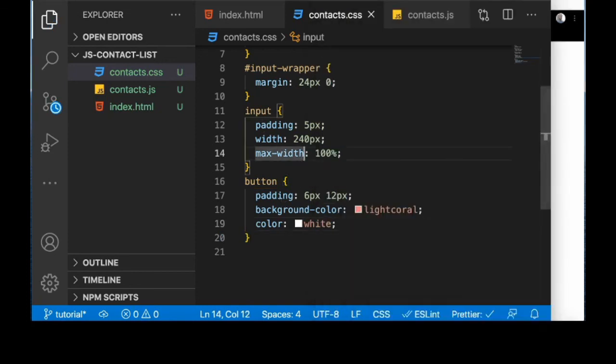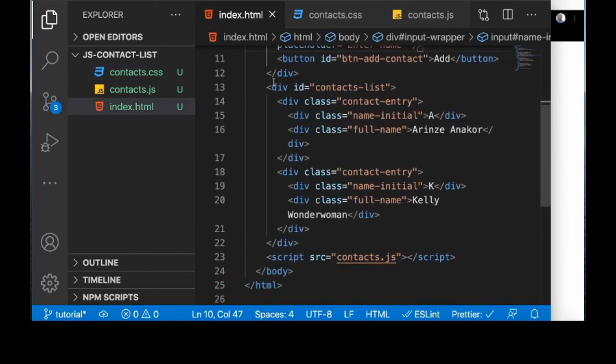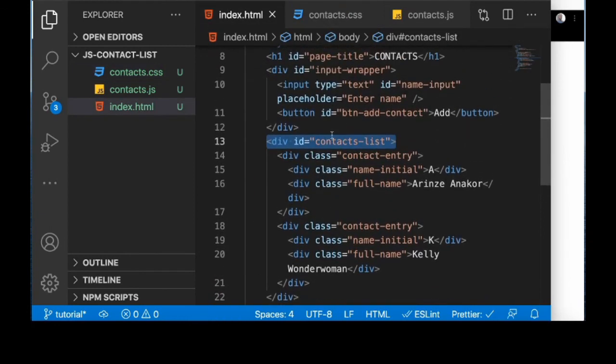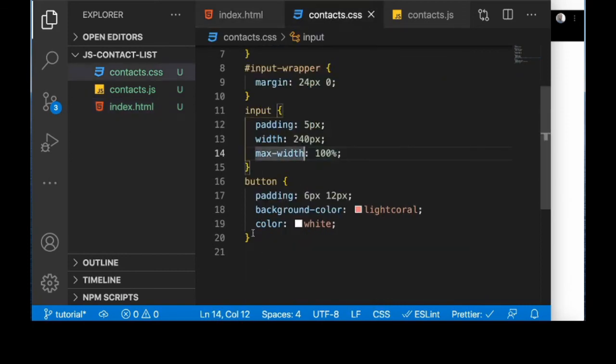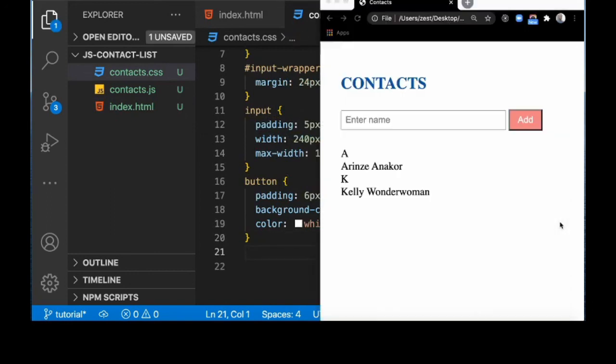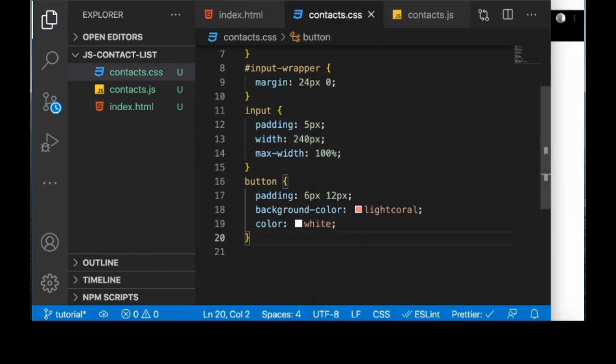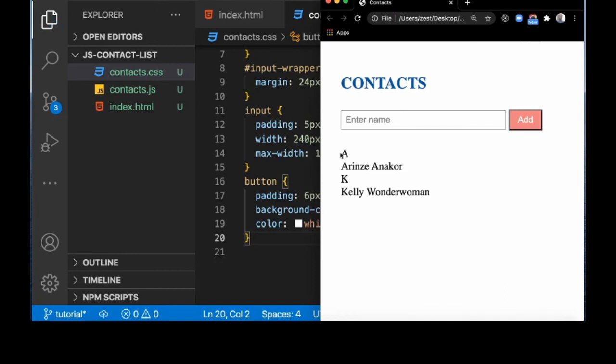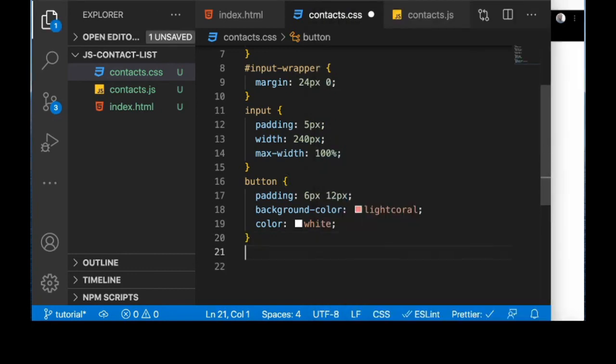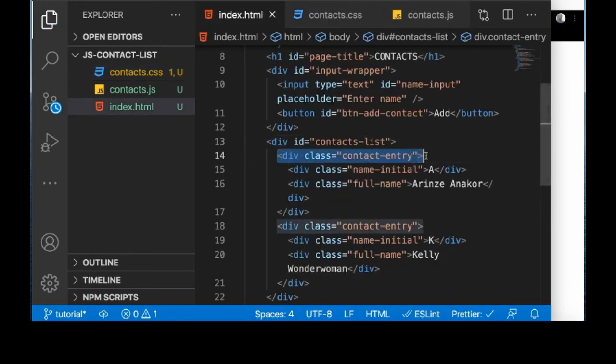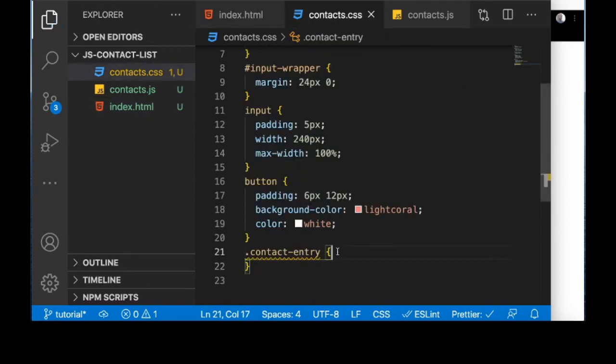The next will be the contact list, right? For the contact list, actually there's nothing to style there now. Let's style each of the contacts first. So contact entry is each of the contact entries in the contact list. So for the contact entry,